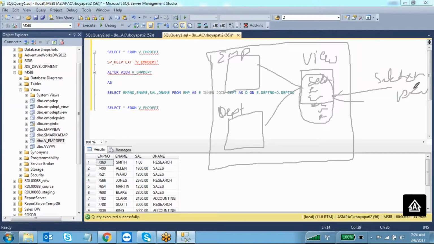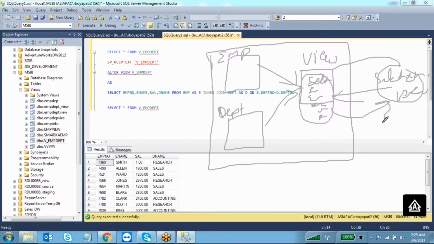Whenever the user writes this query, it contacts this view. The view executes the query inside it, gets the data from the EMP table as well as the department table, then returns the result to the user. If you write the select query, it will get the result.